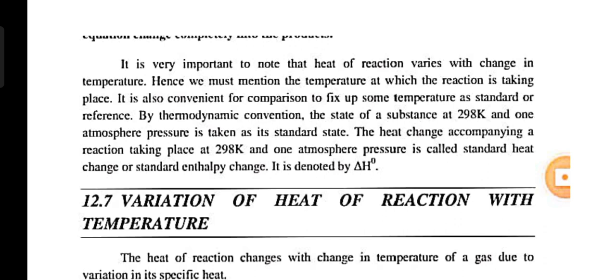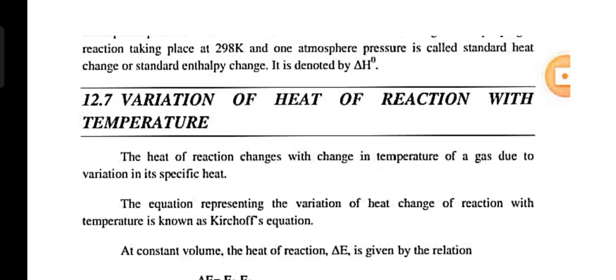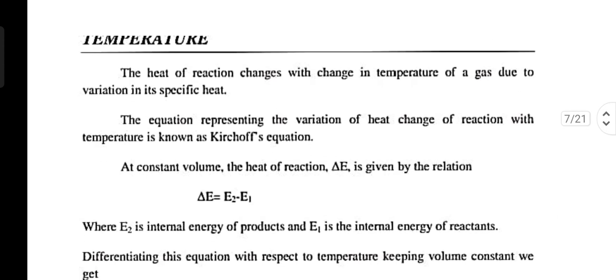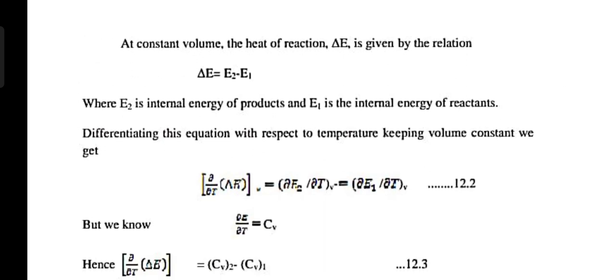Variation of heat of reaction with temperature. The heat of reaction changes with the temperature of a gas due to variation in specific heat. The equation representing the variation of heat of reaction with temperature is known as the Kirchhoff equation. At constant volume, the heat of reaction is given by the relation ΔE = E2 − E1, where E2 is the internal energy of the product and E1 is the internal energy of the reactant. Differentiating this equation with respect to temperature, keeping volume constant, we get